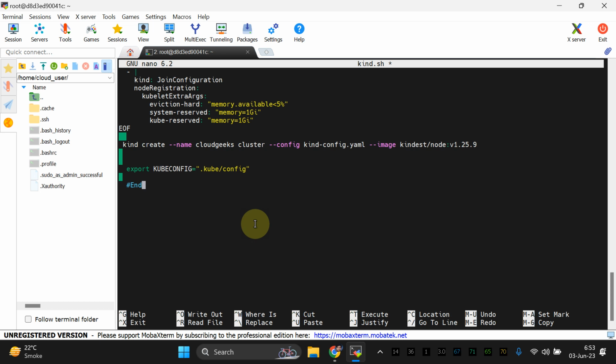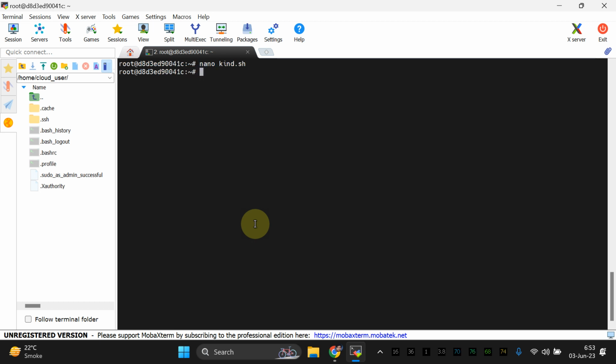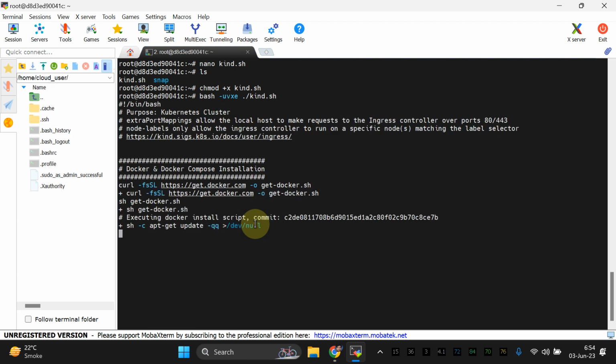And I'm going to press Control S and X, right? So make this executable, and I'm going to say bash -uvxe to this file, and you will see the output and debug mode of this particular shell script in this shell,